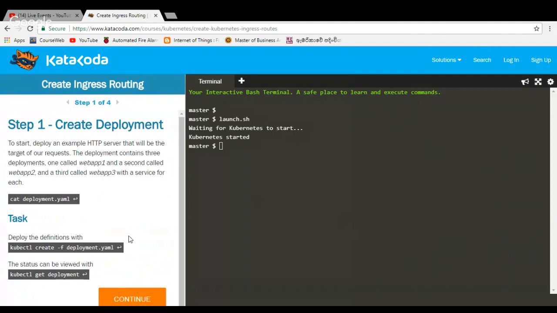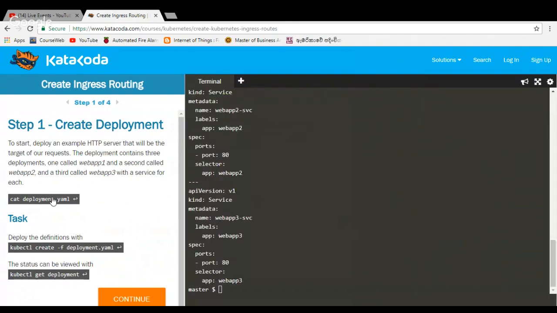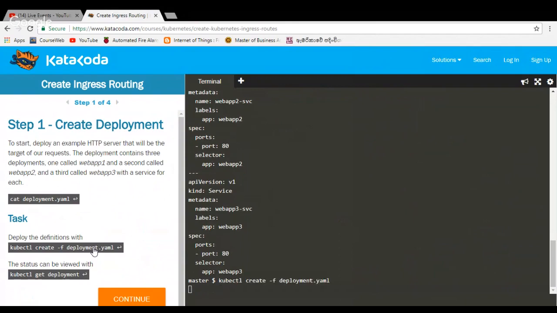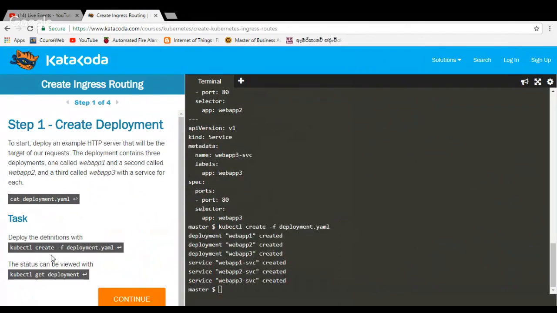Step one is create deployment. Deploy an example HTTP server that will be the target. Task: deploy the definitions with, and the status can be viewed with